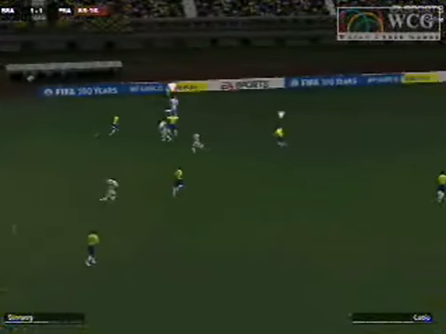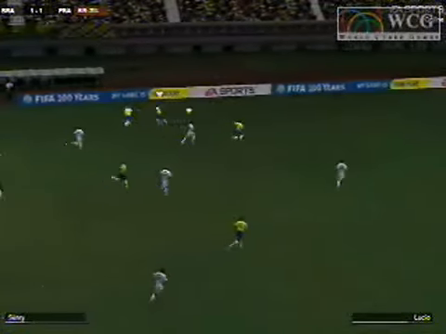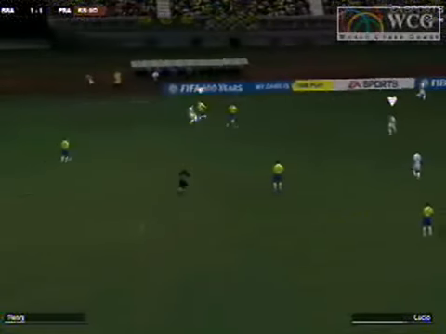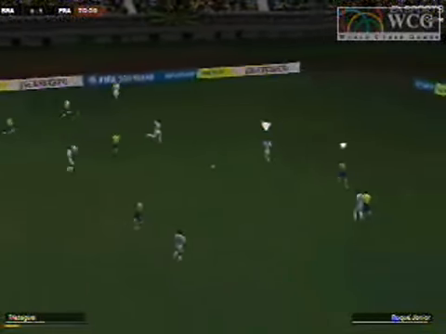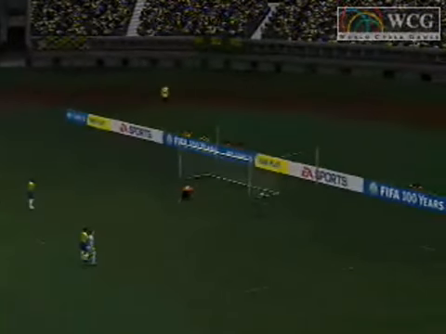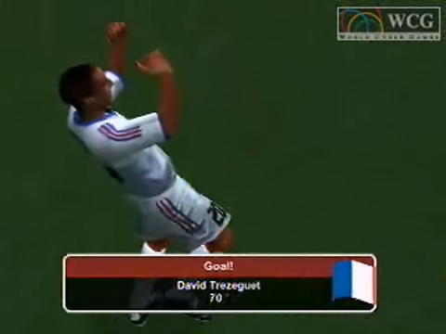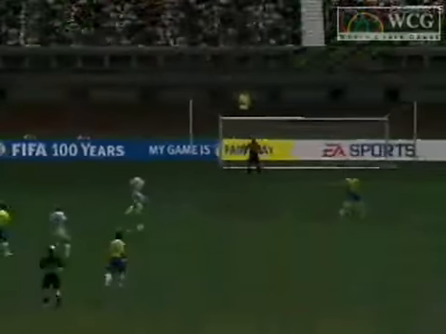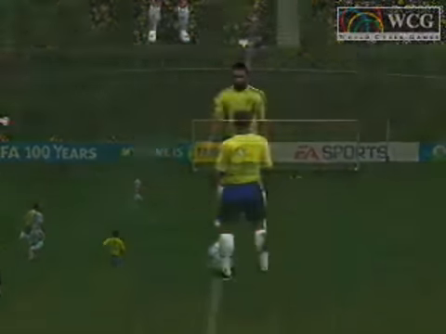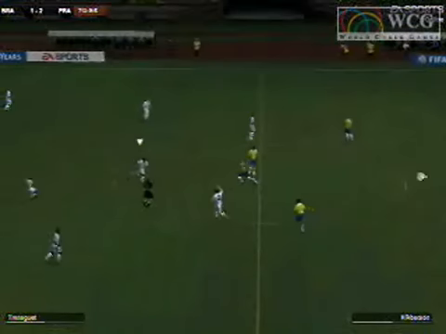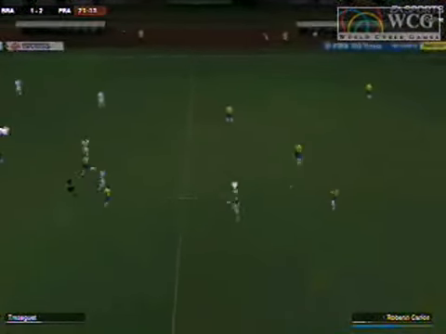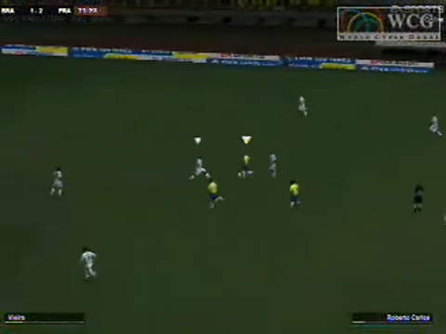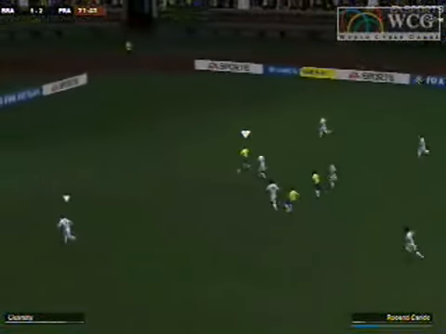Desailly's going to send the long ball up to Henry. Henry's got a nice header to Saverse, who's standing on the line, waiting to see if he can get his strikers there. Trezot now has the through ball and the shot! Beautiful job by Trezot to do that. He just had a nice little one-touch turn and shot, and the Germans are in the lead in this match, and he has cut this aggregate match down to 1.